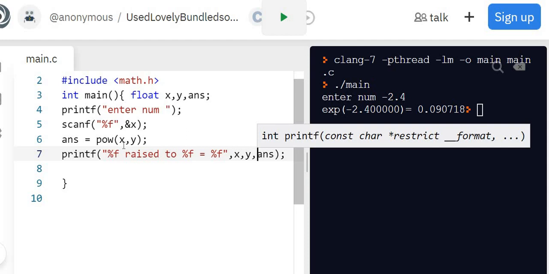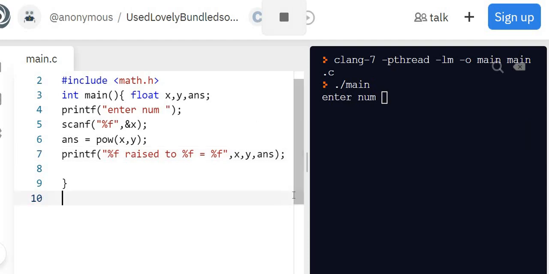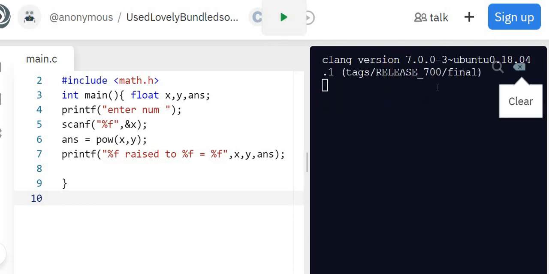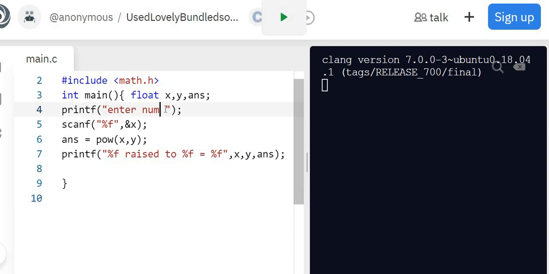So suppose we give x equal to 2, y equal to 4. Then 2 raised to 4, 16 will be the answer. In this way, it will work. Again, you can give any values here. Enter num. We should change this. Actually, we should read the values of x and y both. So let's stop the program execution. And here, enter x and y. Here also percent f and x